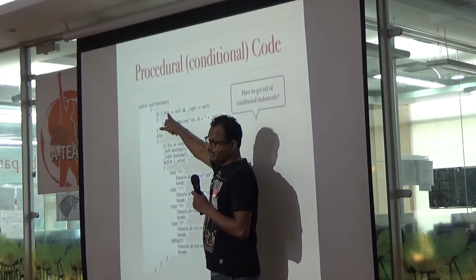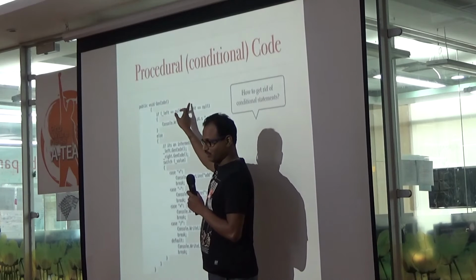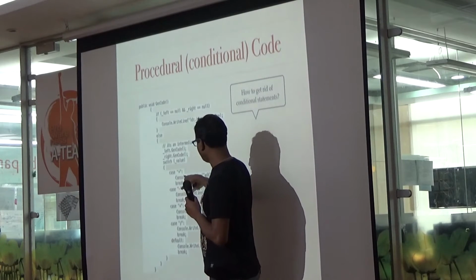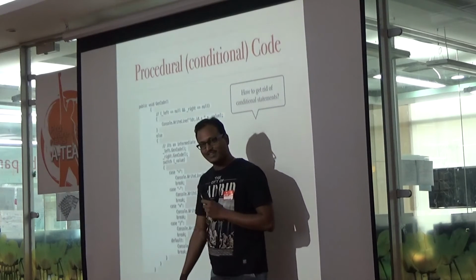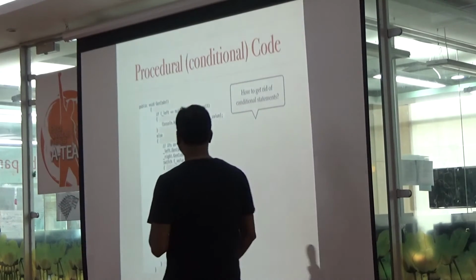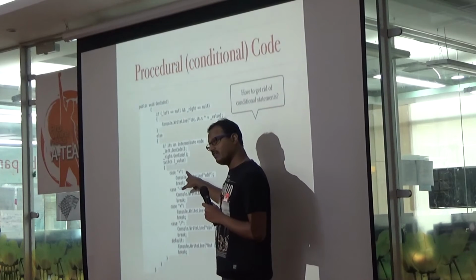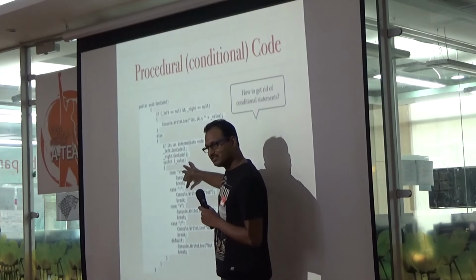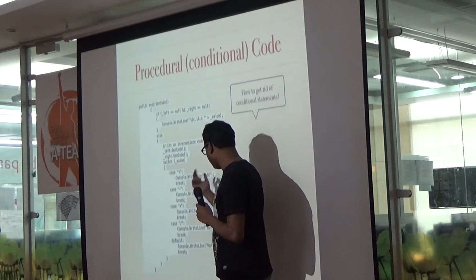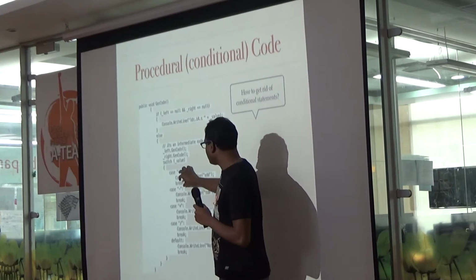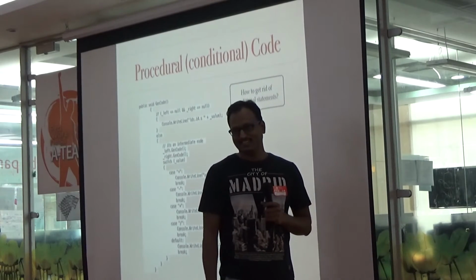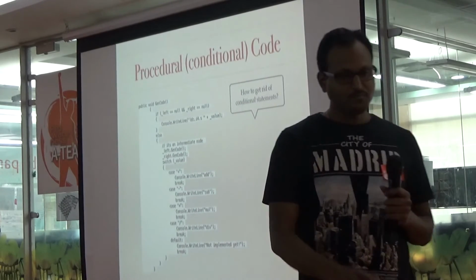Now, the left can be null, the right can be null, both can be null, and then we have the switch value. So how many case conditions do we have? Well, we have quite a bit of complexity. Now, how do we test only this code? By the way, I'm showing you a simple example, but in the real world, this case statement would have a lot of code, actually, in software like a compiler. So can I test only this? You can see the problem with this code.